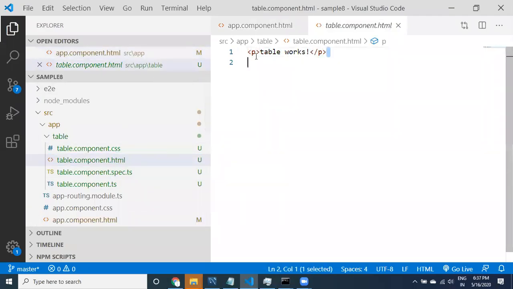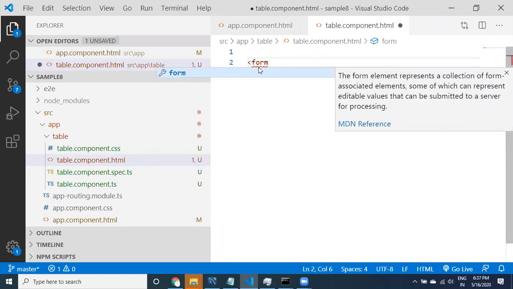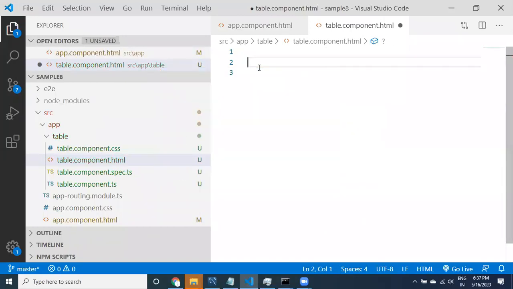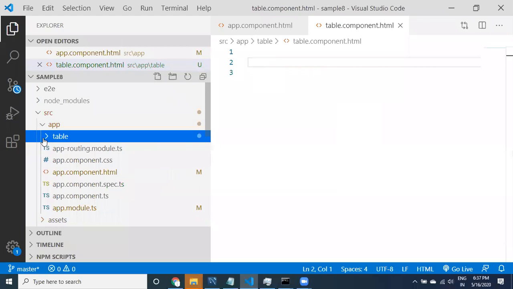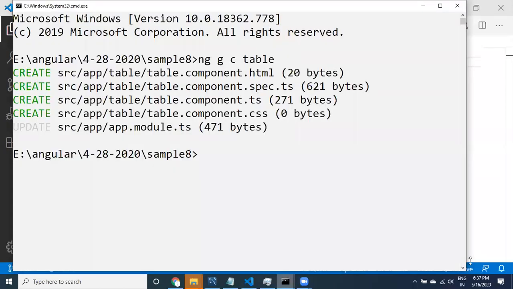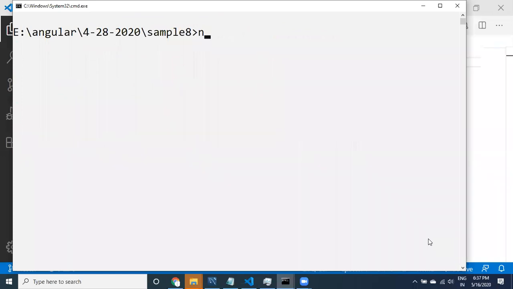Here in the HTML, I don't want this table and all. Oh, sorry, I have created the table component. Okay, now let it be, guys. Let it be table. We are going to work with this table later. First of all, I want to create a form component where the user can enter the data. Let me create another component. The table component is also going to help us. I'm going to use the table component later.